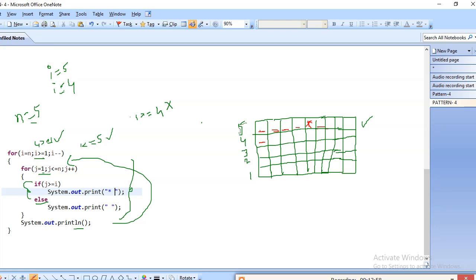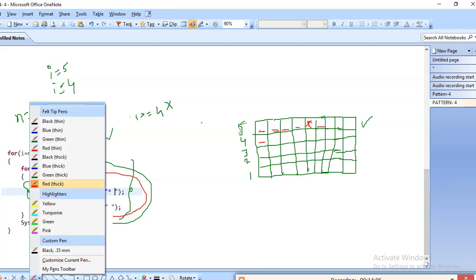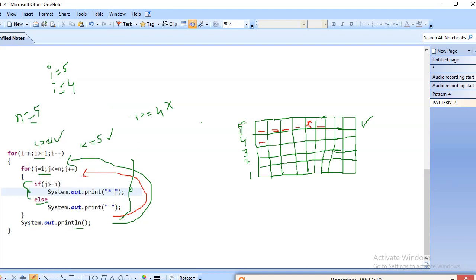Again j value, it will go to the increment part. Now j value incremented to 2. Okay, check the condition, 2 less than or equal to 5, condition true.